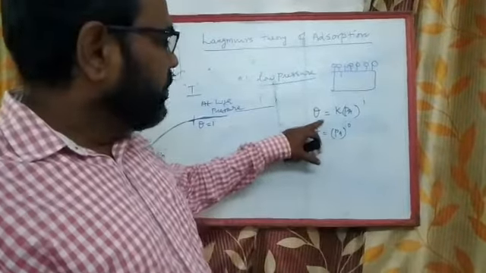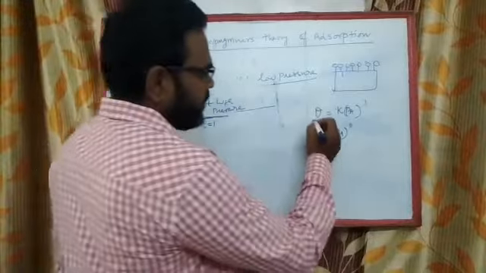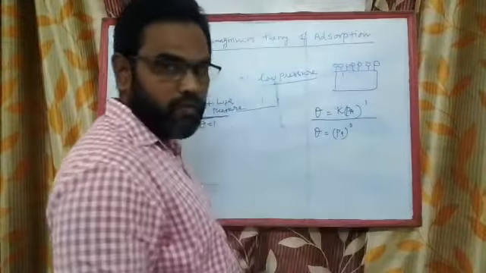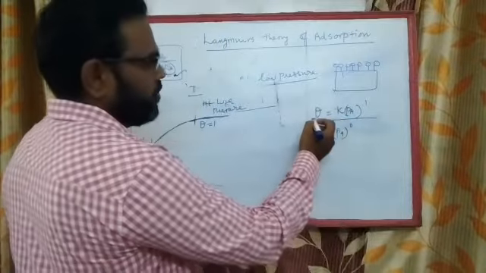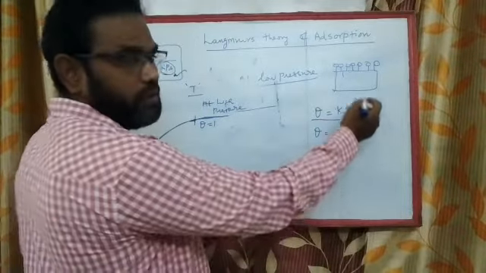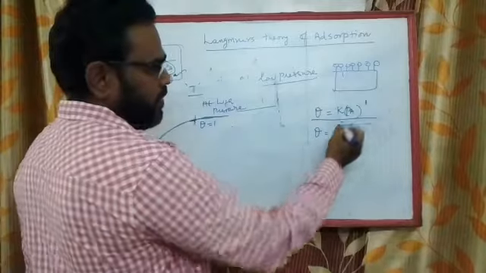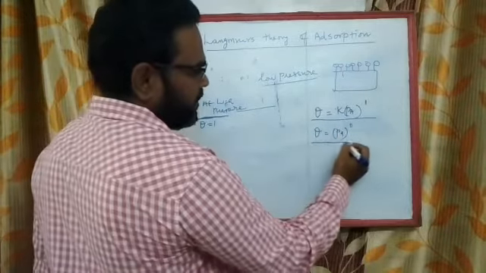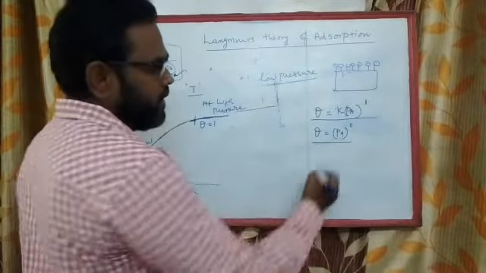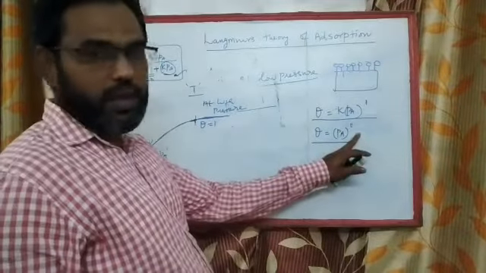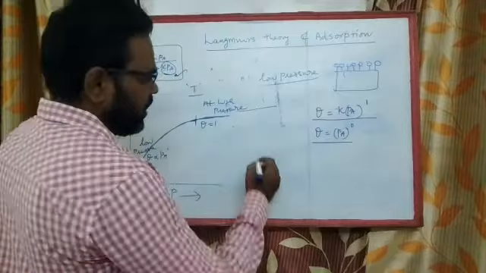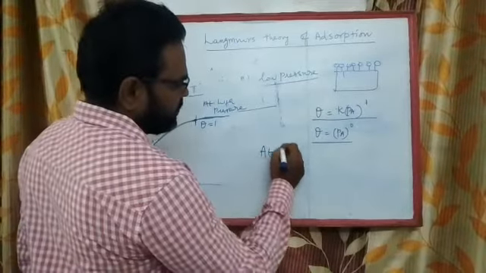So at low pressure, this equation becomes theta is equal to kPa to the power 1. So the amount adsorbed is directly proportional to pressure, hence Pa to the power 1. At high pressure, theta is equal to Pa to the power 0, which is independent of pressure. So at intermediate pressure,